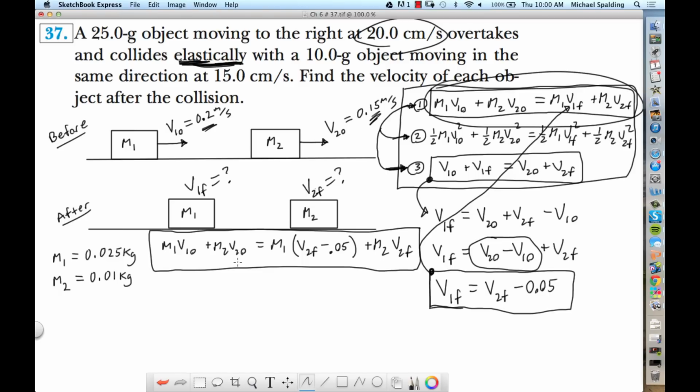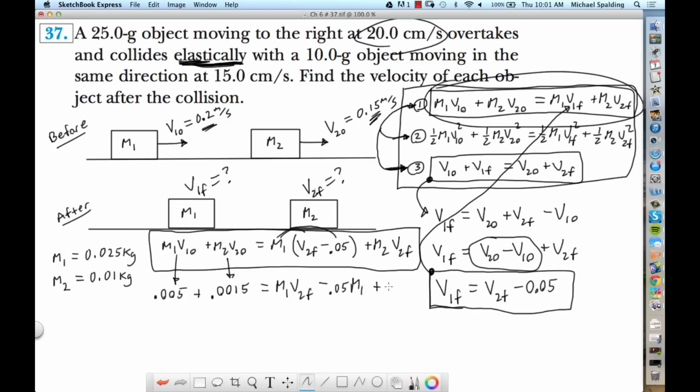V2 final. So all this is substitution. Okay, so we've got to distribute the M1, right? And you know what? Let's go ahead and plug numbers in. It's going to shorten this up. So M1 V1 initial, when you multiply that out, comes out to be 0.005. I'm leaving units off. Plus 0.0015. That's M2 V2 initial. You can check that. And then this is going to be M1 V2 final minus 0.05 M1